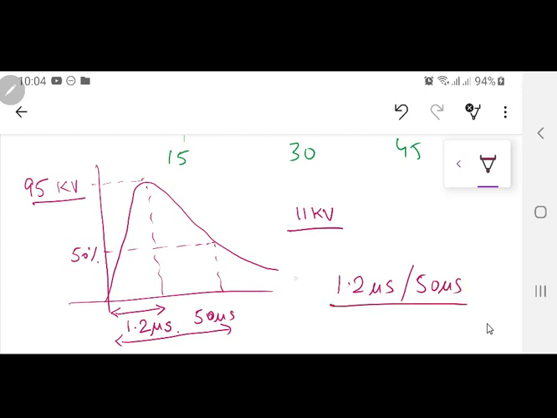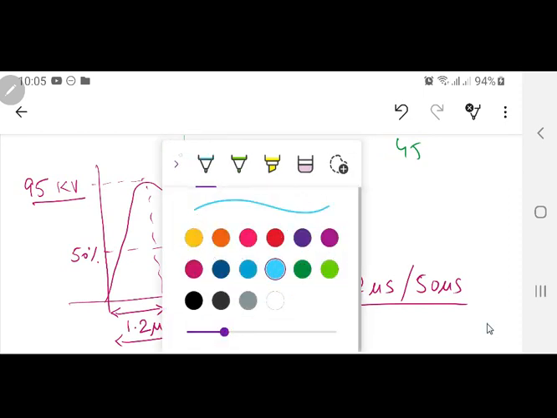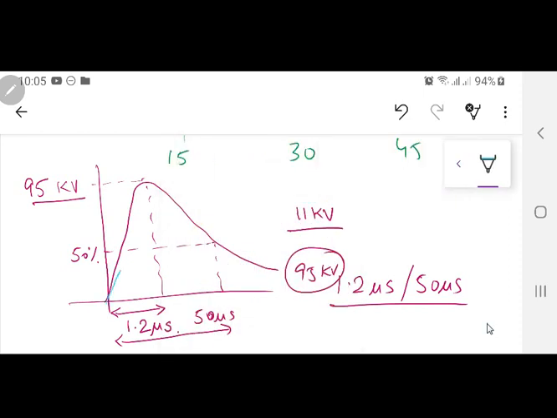A 95 kV impulse, when it is given to a winding, we test it in the high voltage lab by giving an impulse of 95 kV peak. And if it withstands, which means if the shape of that waveform remains, this means that the winding has the ability to withstand that impulse. We have an oscilloscope over there, it actually measures that impulse. And if the winding is not good, the insulation cannot sustain it, then what happens? The waveform tries to go towards the peak, and then afterwards it goes back. It will never reach the peak.